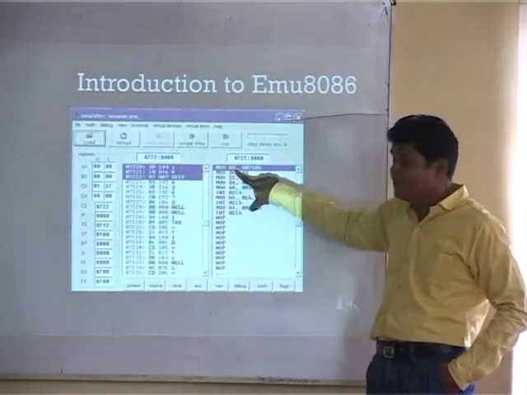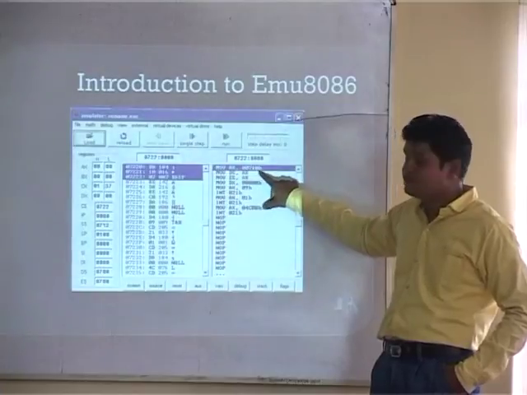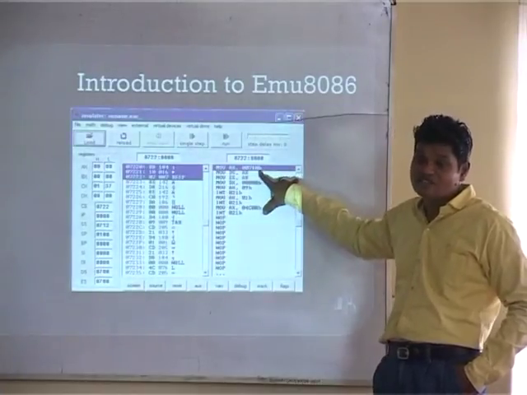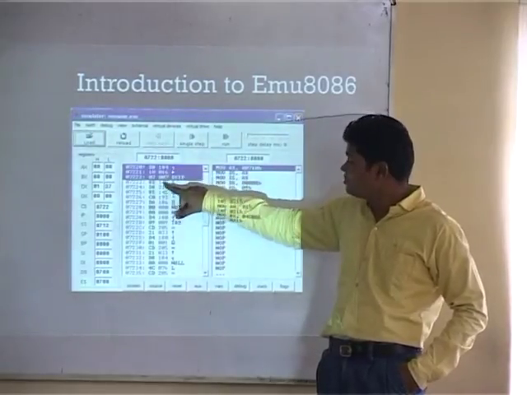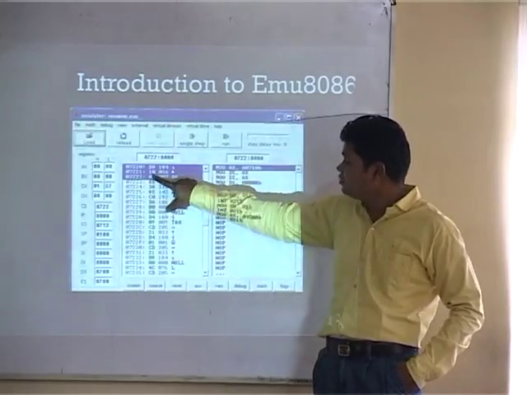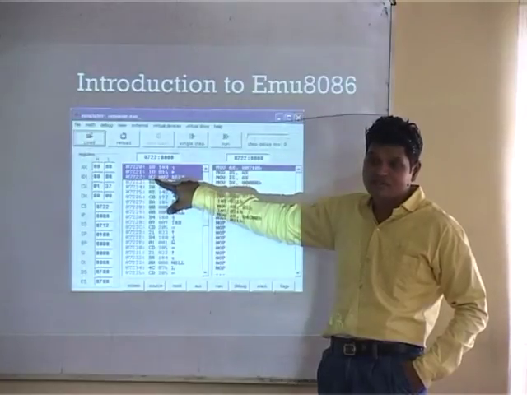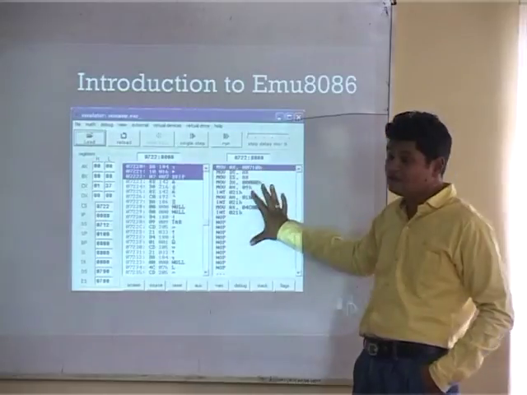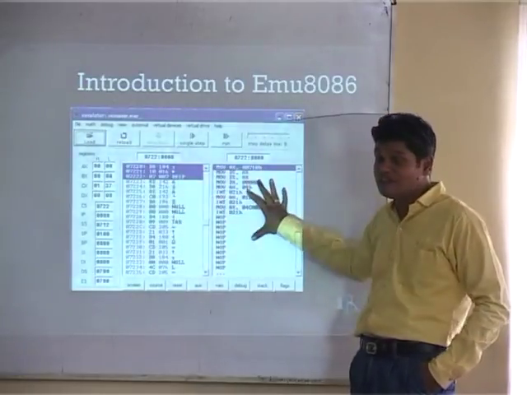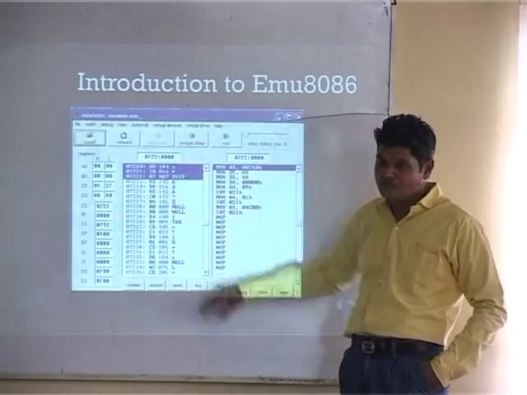Now, if I say MOV AX, 0708, this is the assembly language instruction. Its equivalent machine language instruction is this one. You can get the byte information from here: B81007. This is the machine code, an exact one-to-one replacement of assembly language in machine language.